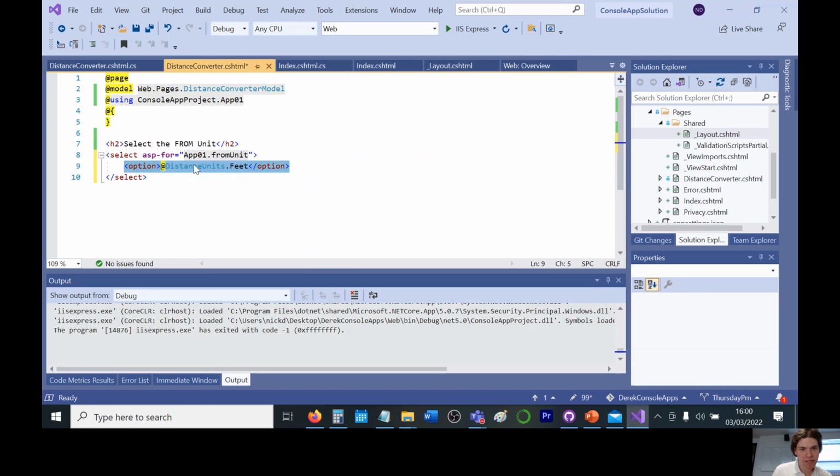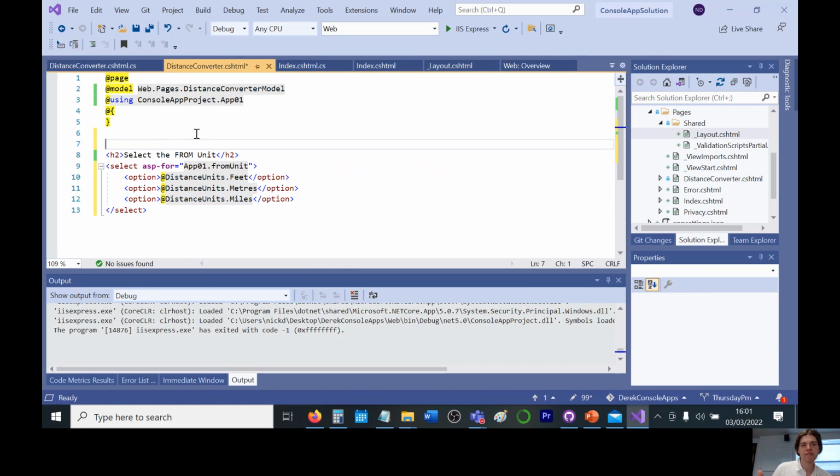So let's just copy these as options, and if you've got more options, by all means put them all in. I'm just going to keep it simple. Miles is the other one, isn't it? Yeah, so that's the from unit. And actually, I'm thinking we need to put this in a form, don't we? Because we're going to have to submit this form so that we can actually do some processing and work out the result. So actually, I'm going to just backtrack one step and create a form, HTML tag,